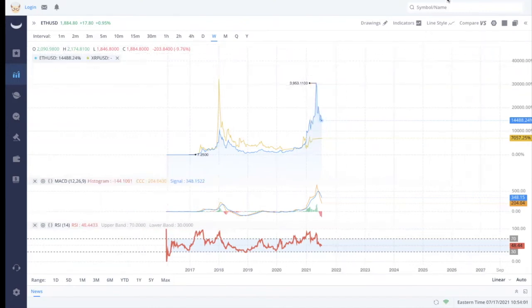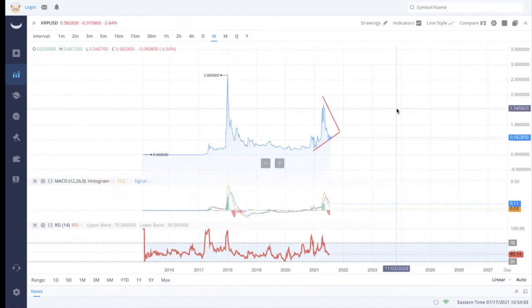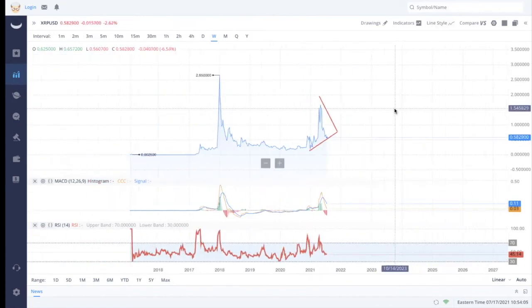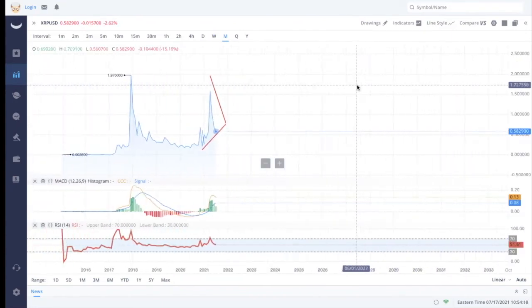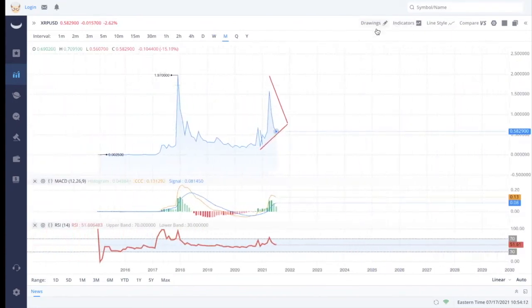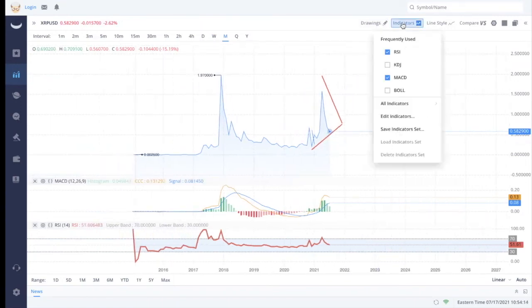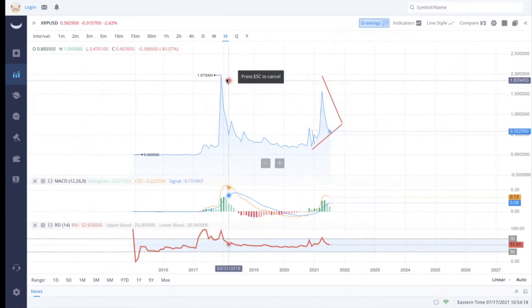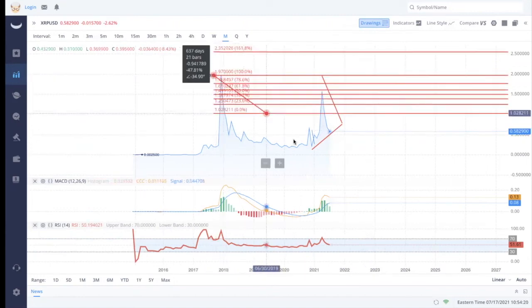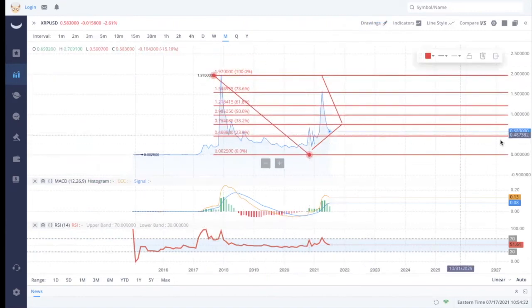And so, one of the last things I'll do here before I wrap up with what the big picture is, we will draw what are the possibilities for this bull cycle. And simply, what I would do is I will draw a fib retracement here. Okay, and with fib retracements, you want a swing high, you want a swing low, and then we're